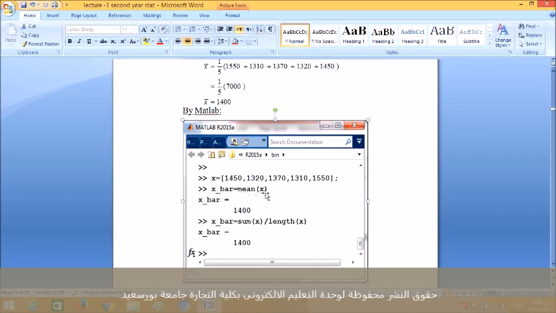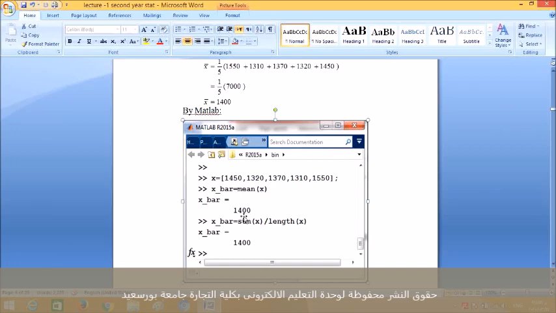Equal mean of x. This is the function mean, and this is the syntax or the command of computing the mean for a simple data or for a population data according to the type of data set. So x bar equal